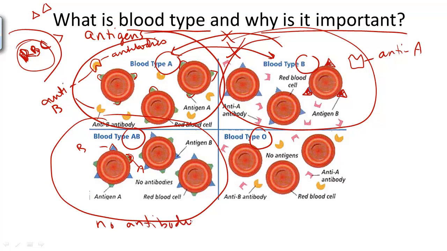Because if it produced antibodies, such as anti-B or anti-A, it would attack itself. Okay? So blood type AB is sometimes called the universal acceptor because it can accept donations from blood type A, blood type B,